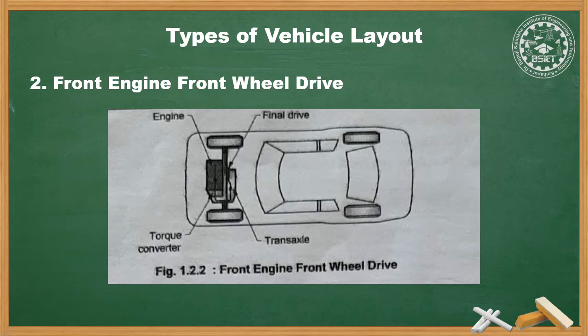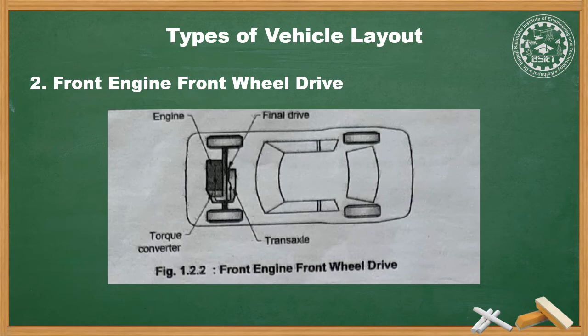For front engine front wheel drive vehicles, there is no propeller shaft used in modern vehicles, but a transaxle that has two half axles or two short half shafts on each side connecting the wheels with ball joints is used. The advantage is that having the engine, clutch, gearbox and final drive in front makes the front heavy, and this helps in acceleration as compared to rear engine front wheel drive.